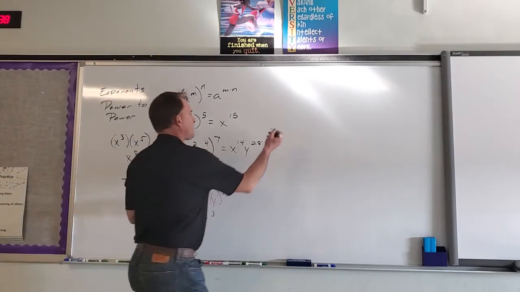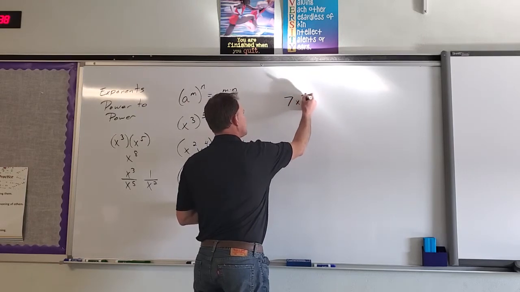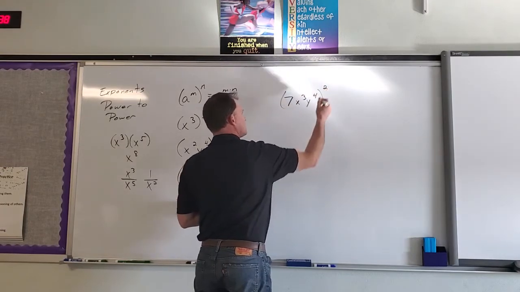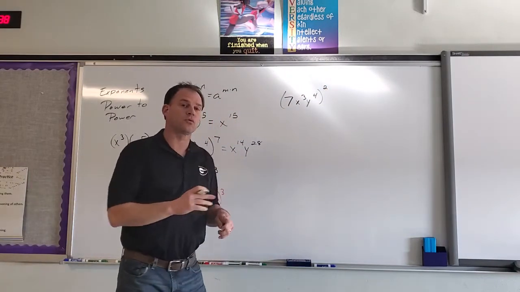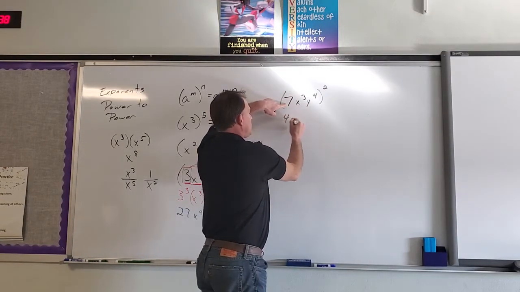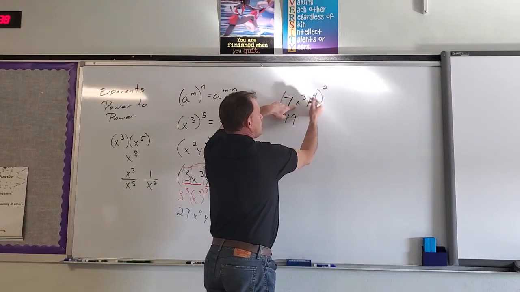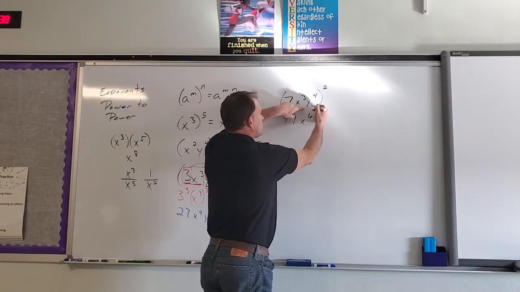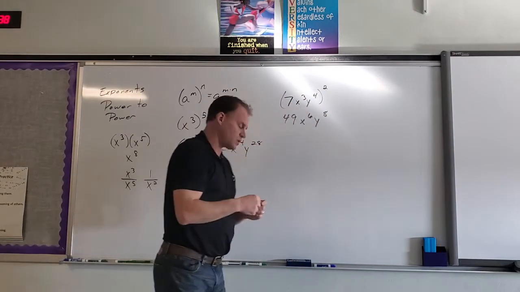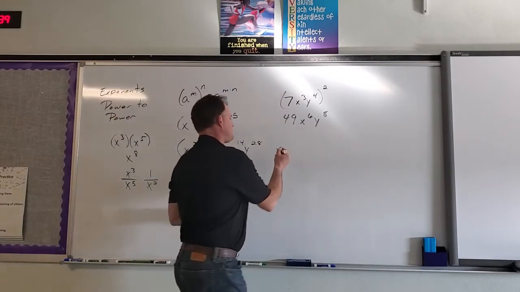So, to do this quickly without the extra writing, this is a coefficient. 7 squared is 49. Then I say power to a power, multiply the powers. Power to a power, multiply the powers. All right? Now, to make things even a little bit more fun,